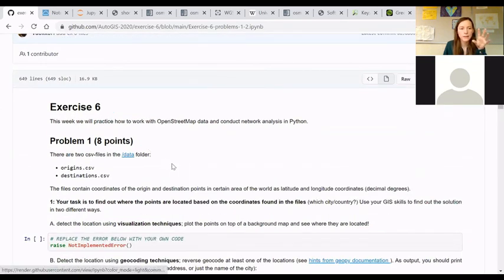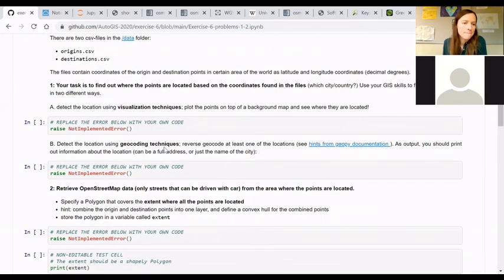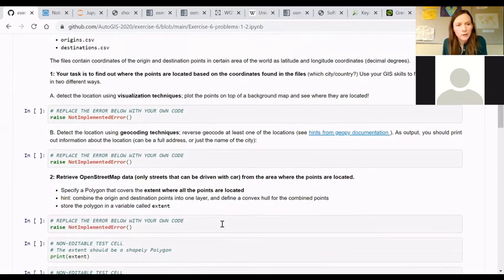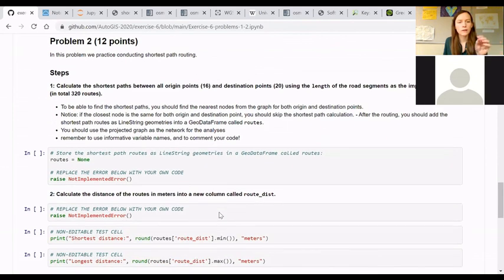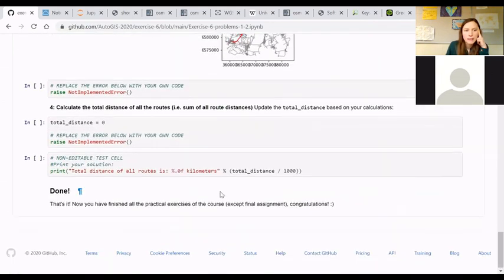But very shortly, exercise 6: you have a list of origins and a list of destinations. Again, there is a bit of a gap between the lesson and solving this exercise on how to do the routing between multiple origins and destinations. But it's quite a nice exercise. In the first problem, you'll explore the data a bit and get oriented on the map, and then in the second problem, you will actually do routing between all origins and all destinations. So kind of generating this origin-destination information and then producing some statistics out of those calculations to verify your results. So that's it